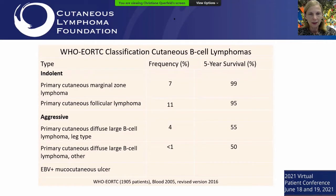The combined WHO and European Organization for Research and Treatment of Cancer classification highlights indolent skin B-cell lymphomas and more aggressive types. The indolent ones are marginal zone lymphoma and cutaneous follicular lymphoma. Then we have the more aggressive types: diffuse large B-cell lymphoma, leg type, which is the most common of the aggressive ones, and diffuse large B-cell lymphoma, other, which is not the leg type. We also have an entity that's driven by Epstein-Barr virus, usually in immune-compromised patients, and can develop